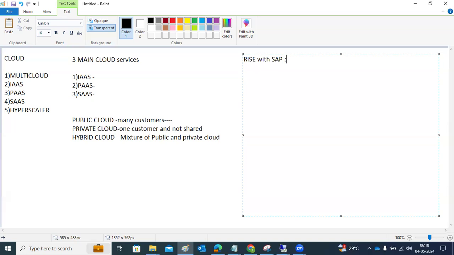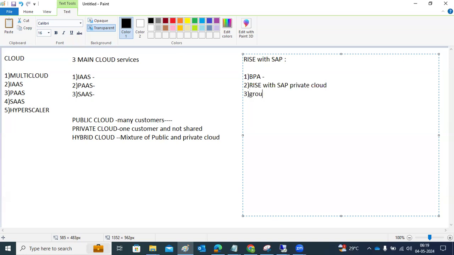So what components are included in RISE with SAP? One is business process intelligence. RISE with SAP is a private cloud. It's not the public cloud. That's why I explained what is meant by private cloud.